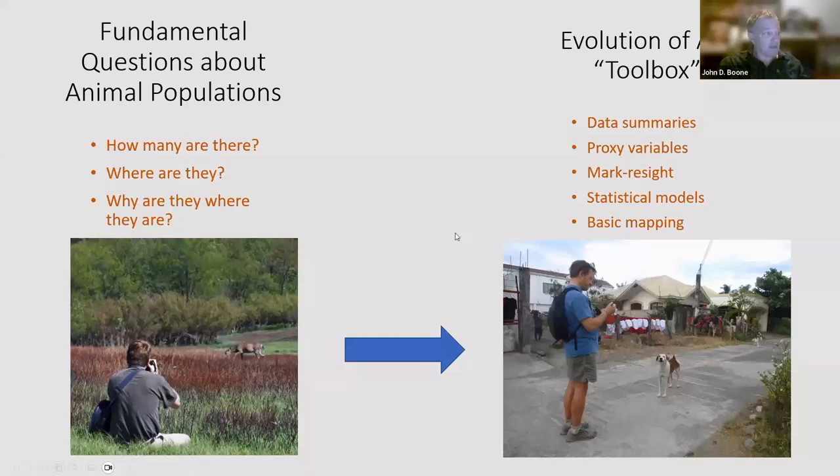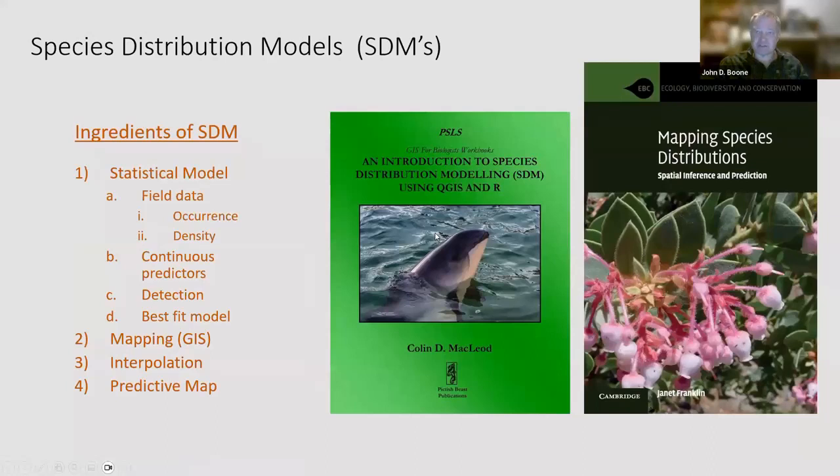But that's not quite the state of the art in wildlife science. That is something called species distribution models, or SDMs for short. These are also frequently called niche models if you're from the UK, or habitat suitability models. These occupy a lot of the attention of people in wildlife science. And in a nutshell, they basically combine modern statistical modeling approaches with modern mapping tools to produce predictions of animal